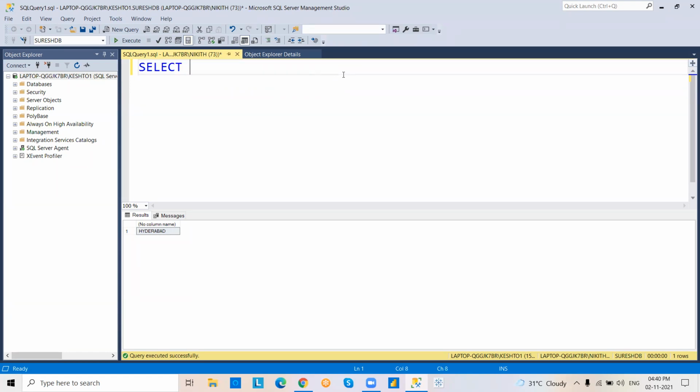Then we have reverse function. Reverse of friend. See that you are getting letters in reverse order. In the same way, we have replace function. Suppose replace of main string is Hyderabad. In Hyderabad, I want to replace HYD with the CYD. See that Hyderabad. Okay, now what happened? HYD replaced by C.